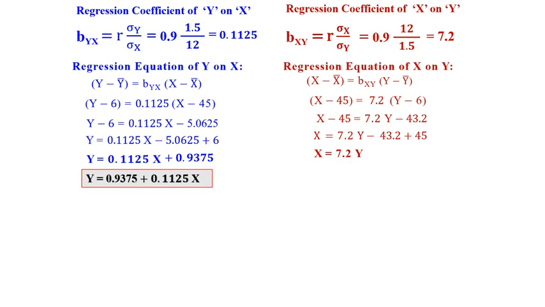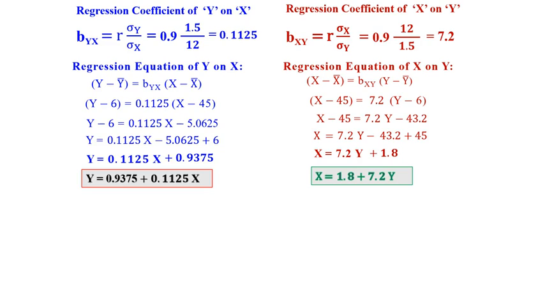x equals 7.2y plus 1.8 is the equation. If you want to write it in the formal way, x equals a plus by form, if you want to write it like that, then we get x equals 1.8 plus